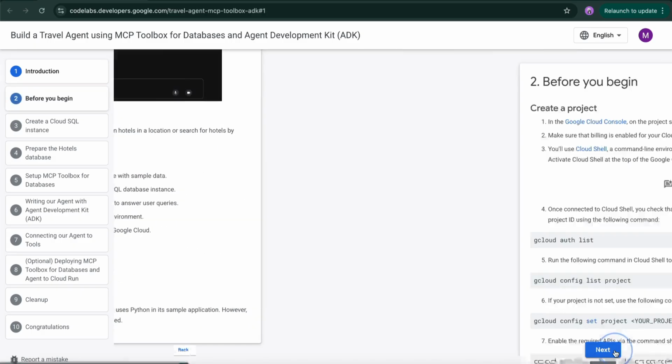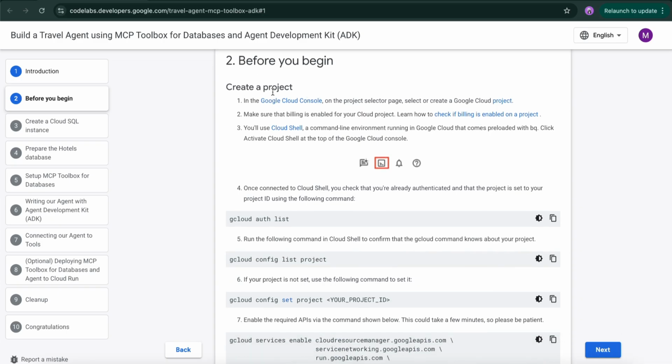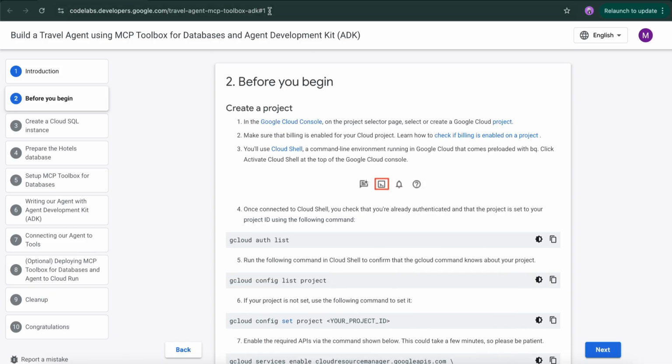So let's proceed. Like always, we have a list of prerequisites that we need to ensure are done before we get started with the actual lab. Firstly, we need to ensure that we are inside a Google Cloud project. We have a project and we have billing enabled. How do you do this? Well, go to